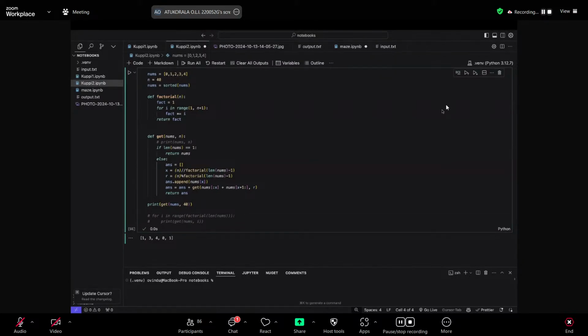But if it's a simple logic and you can hard code it, that's fine. Just don't hard code the answer itself. Don't directly output the value to the file. I don't think that will work.